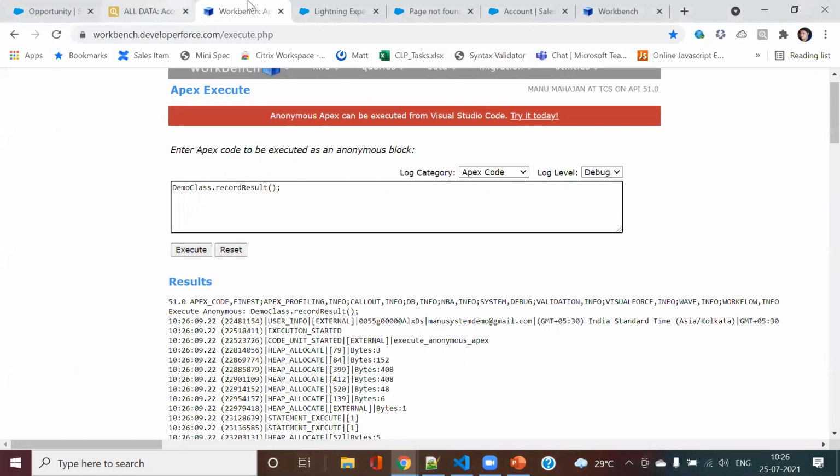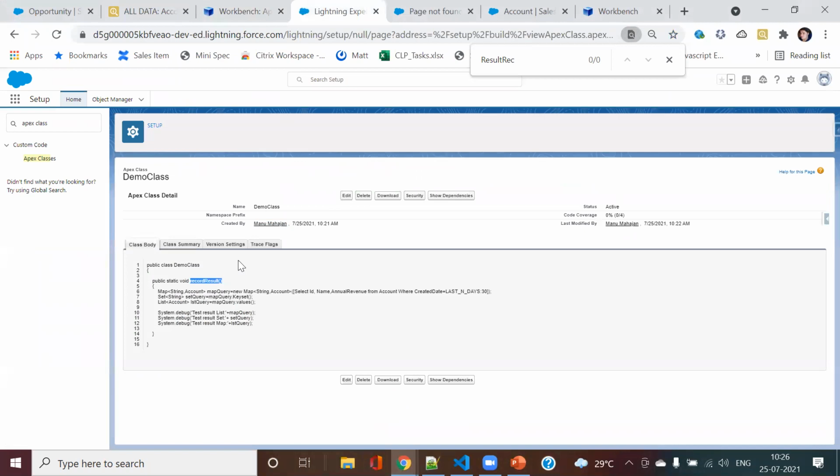One more thing to note is that Apex classes are of two types: one is without sharing and the other is with sharing. Now, what is the difference between with sharing and without sharing? By default, the class will come as without sharing. Assume in my system there are about 100 account records. 60 belong to Manu, 40 belong to Animesh.